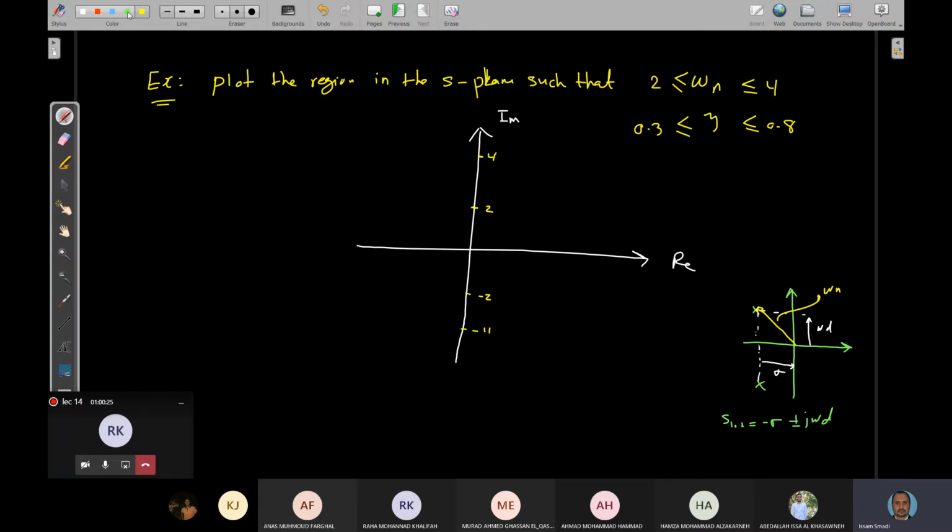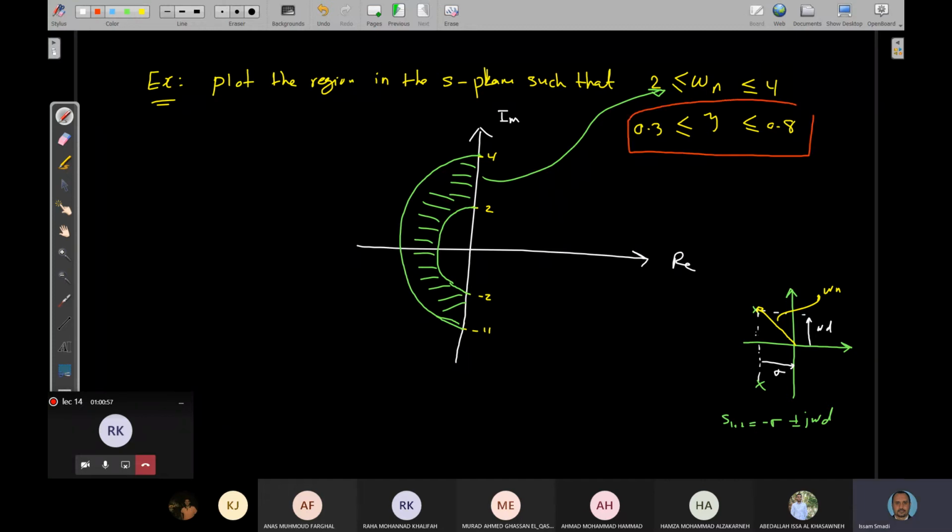Then what I will do is plot a circle. Yes. So now this area, or this space here, corresponds to what? It corresponds to the first condition: omega n greater than 2, less than or equal to 4. What about the second condition? What about this one? And for that, let's choose